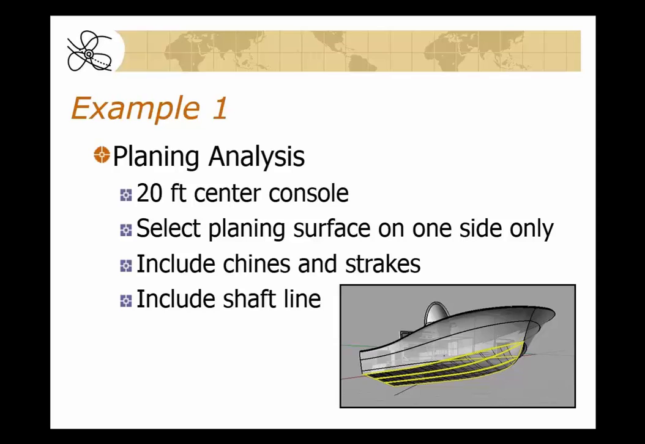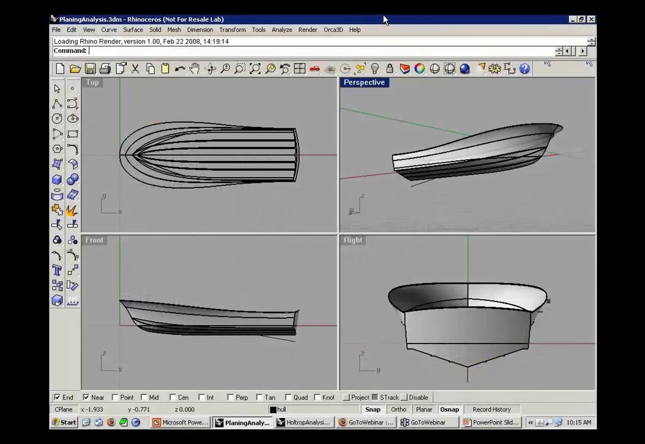Let's begin a first example for a planing analysis. 20-foot center console hull, you can see the graphic there. We'll select the planing surface on one side only, include the chines and the strakes in that because our calculation is able to use those to determine an effective dead rise for the planing area, and we will also include the shaft line. So let me switch over to the planing analysis,